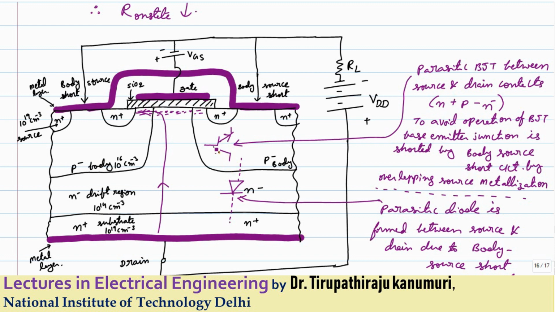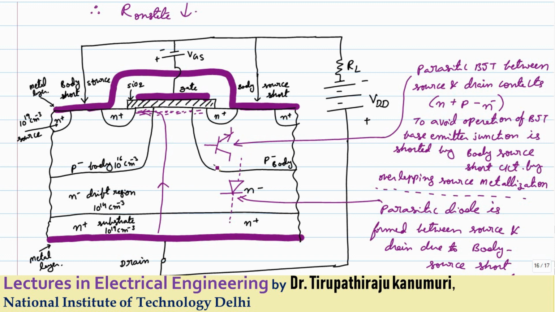Getting it? Now if there is a potential difference between this body layer and this collector layer, because of the potential difference between the emitter and the base, what will happen? This will come to the on state, and there is a chance that it will start acting as a BJT. That means along with acting as a FET, one more extra feature will add, it will start acting as a BJT. When it starts acting as a BJT, what will happen? The flow through the minority carriers will also be there.